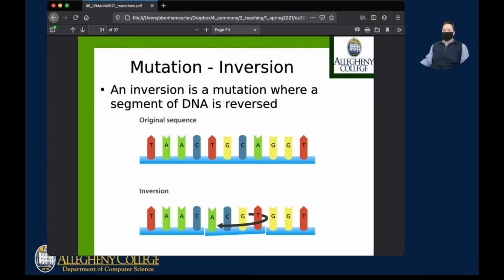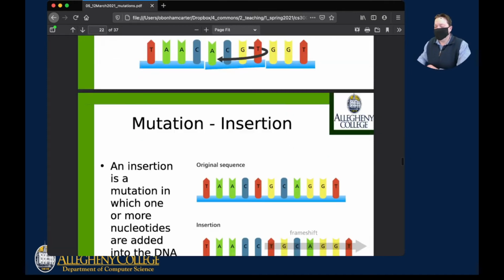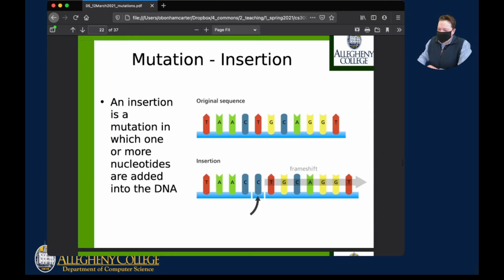And so the code is in the right order if you think, it's like if you're going the other way here, it's in the right order. But it's just when it's in the whole sequence here, it's in the wrong order. So by itself, that little island is correct grammar, but it's not correctly placed in the full sequence. So that's an inversion. Another one is the insertion, and these are actually more dangerous, the insertions here,